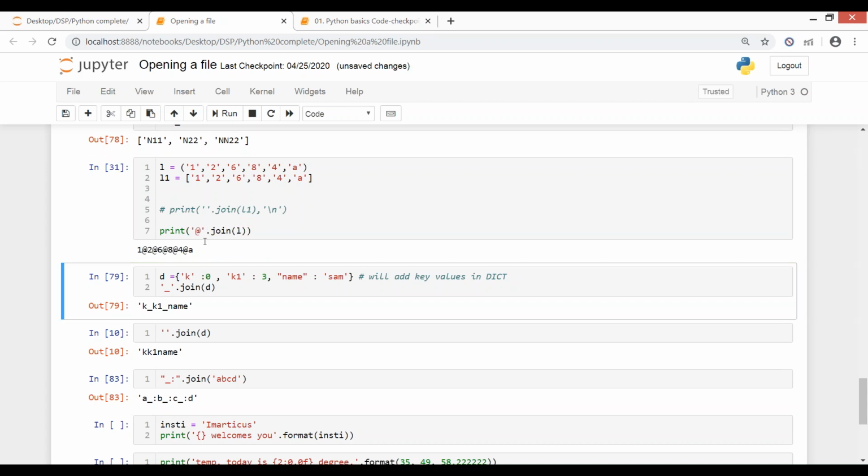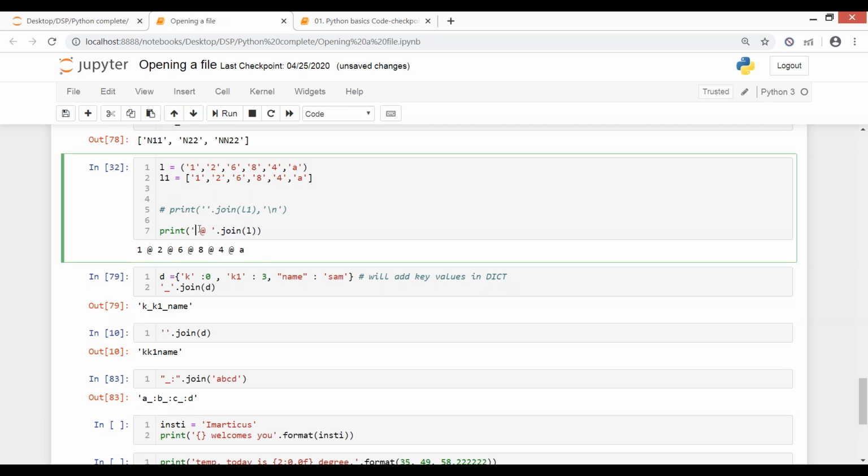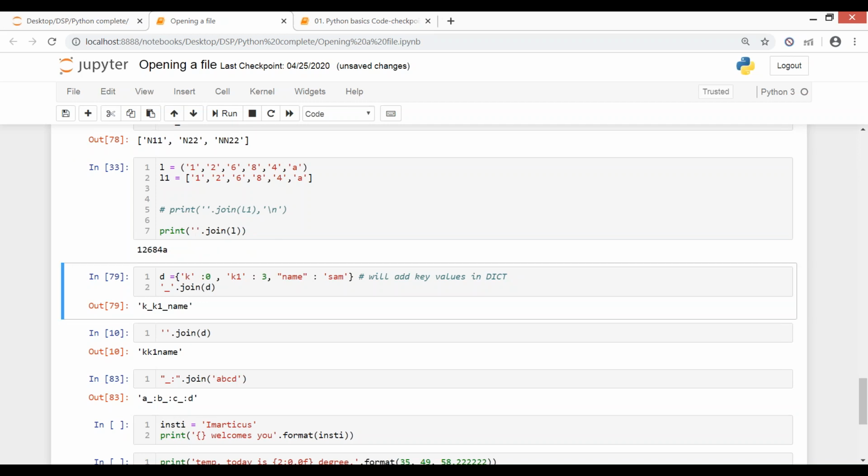Simply an at-the-rate symbol, and then your values will be joined with an at-the-rate. You can give a leading space and a trailing space. Whatever you feed in here will be your joining criteria. It's not mandatory that you have to give one. You can just give a space, or it's up to you. Or do not give a space either.